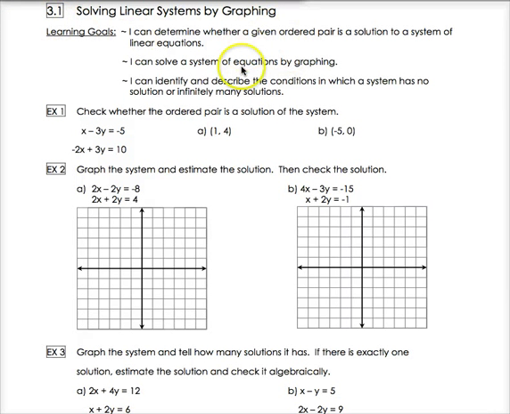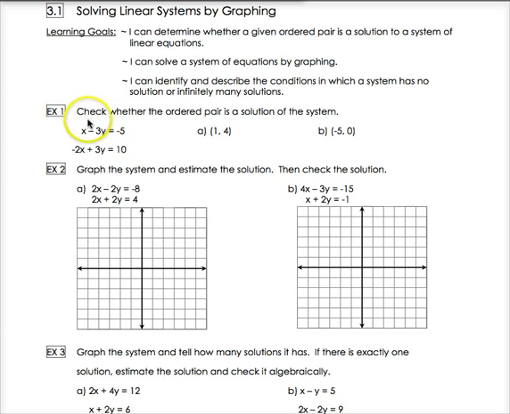Today we are going to be reviewing an Algebra 1 concept. We're going to be talking about solving linear systems by graphing. So we have three different learning goals, one for each example. Our first learning goal: I can determine whether a given ordered pair is a solution to a system of linear